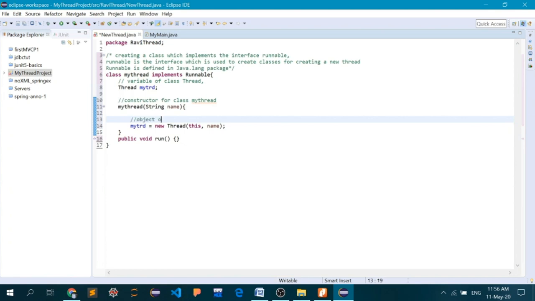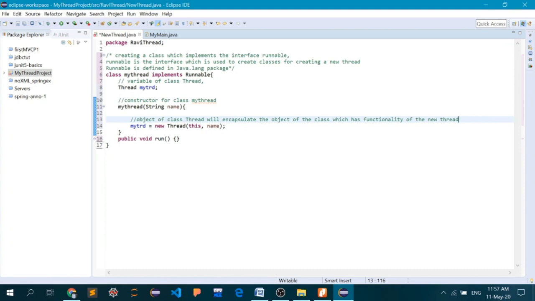Object of class thread will encapsulate the object of the class which has functionality of the new thread.